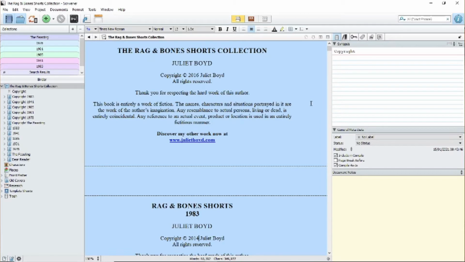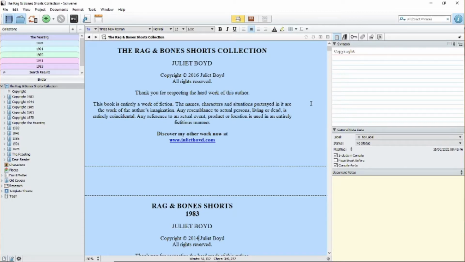That means I'll only have one version of the file. I don't have to update multiple files. And this collection isn't in paperback at the moment, so I don't have to worry about that either. This is still a work in progress. I haven't completed updating all the files yet, but let me explain the process.